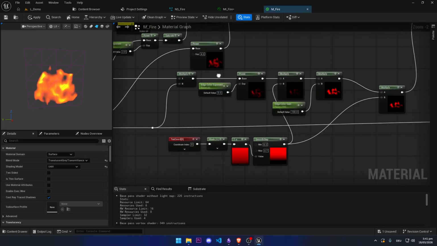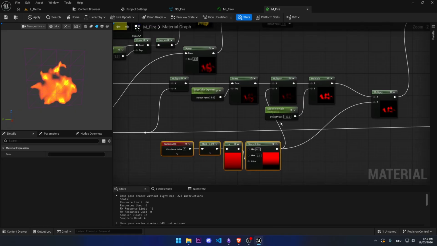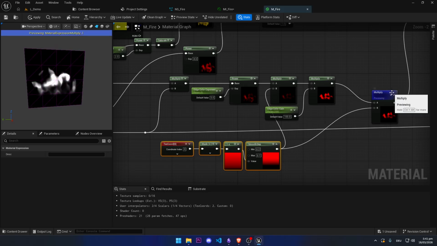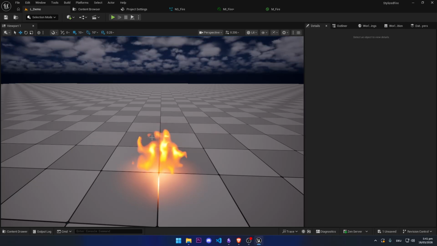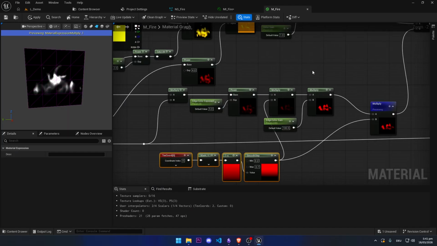The rest here is actually just adjusting how intense the fire is at some places. For example, here you can see that we mask out the intensity. So the top is much brighter than the bottom, like the highlights. And